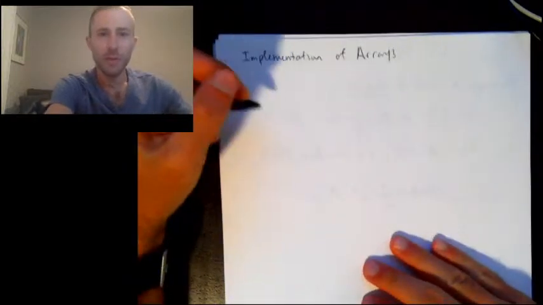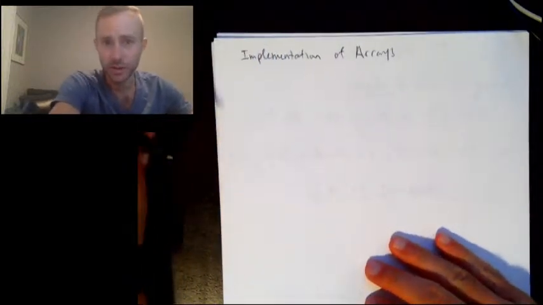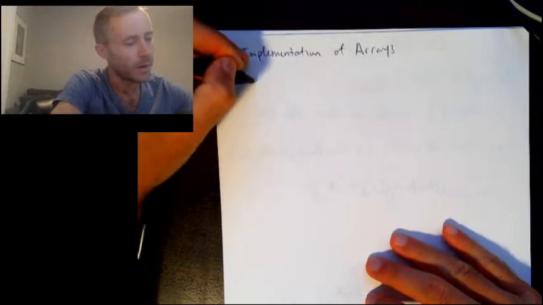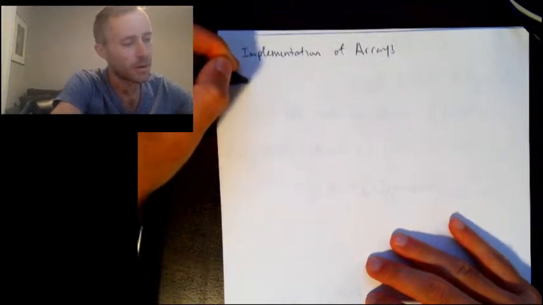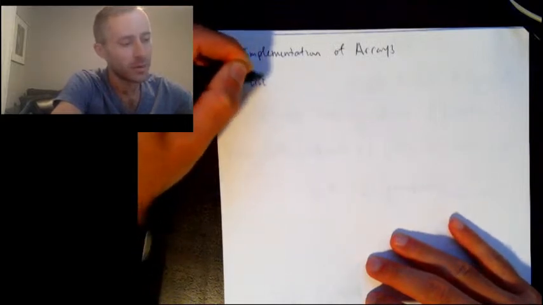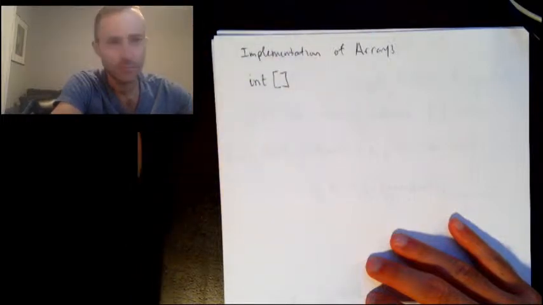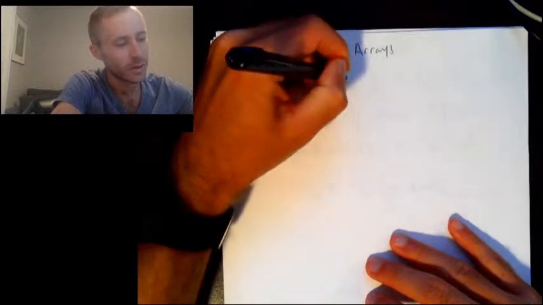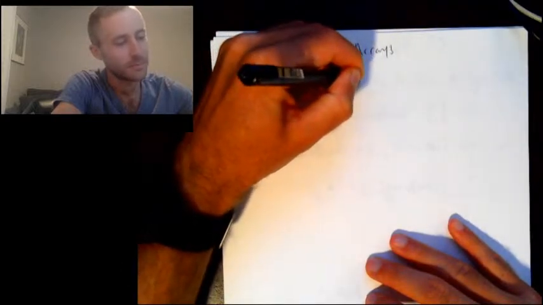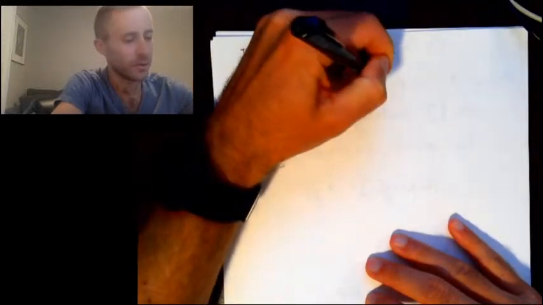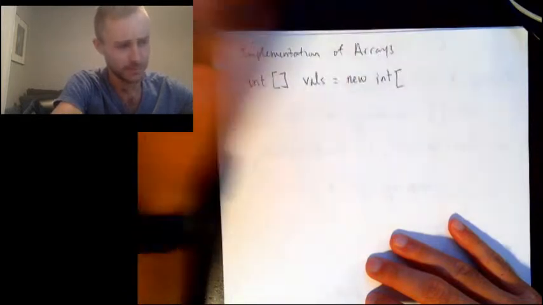Okay, so let's say you make a line of code that says, let's say int array, and let's call it values equals a new int array that has, let's say, 4 elements. Okay,